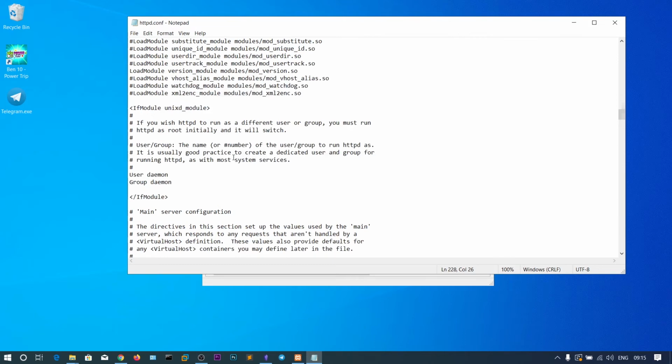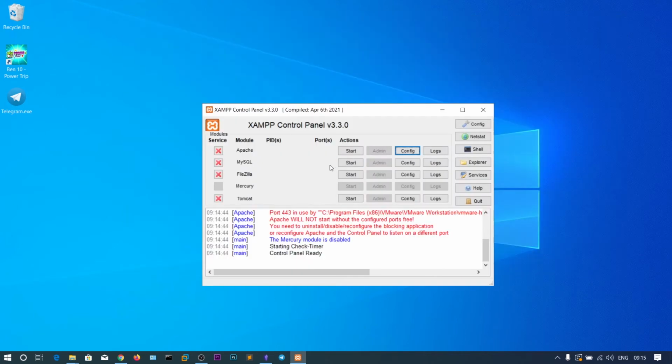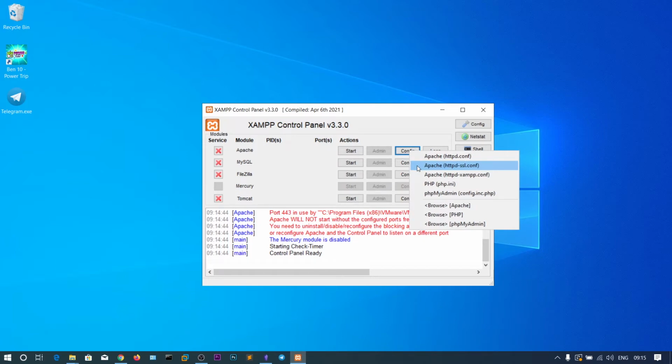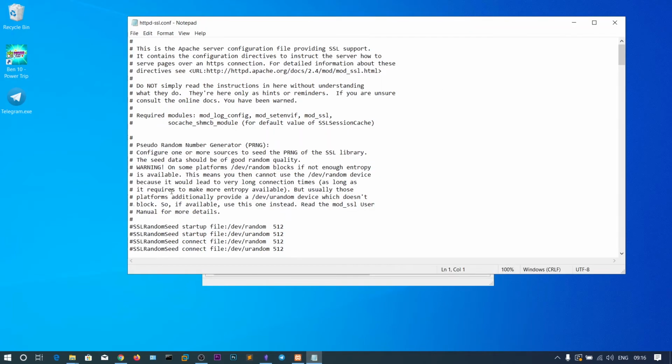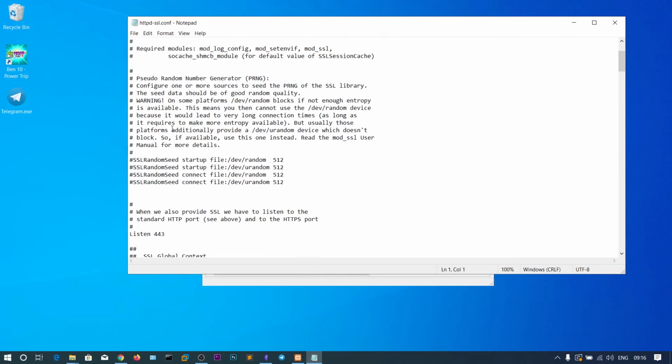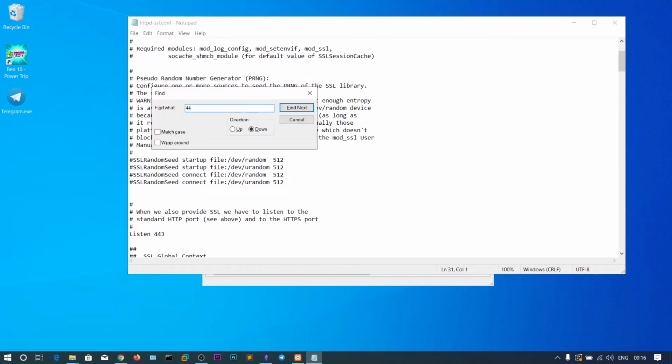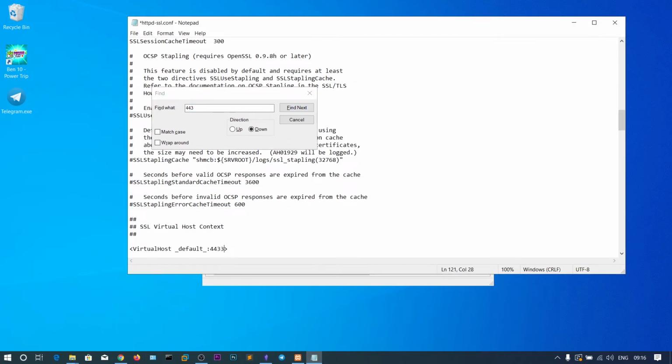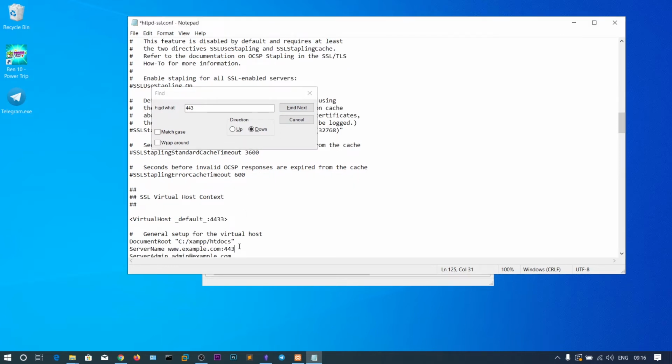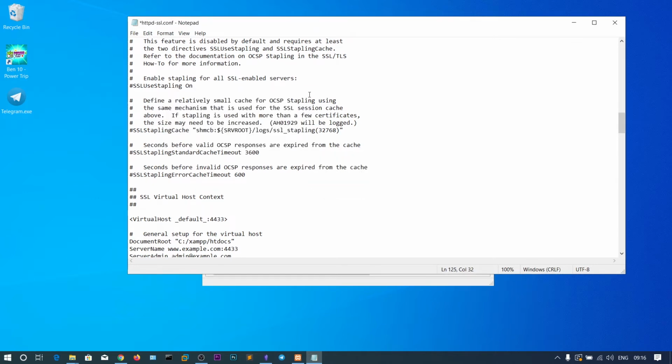We have changed all the port 80 to 8080, and then we need to change the HTTPS port. Let's search for 443 and change it to 4433. So save this file and exit.